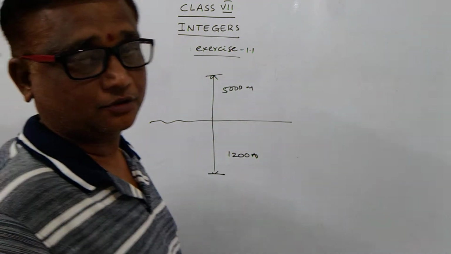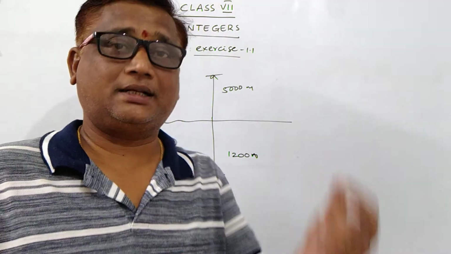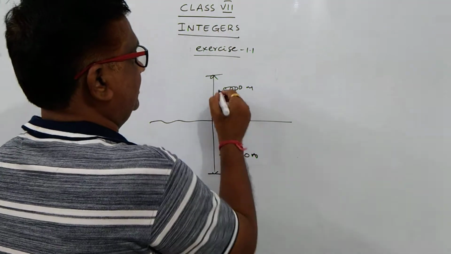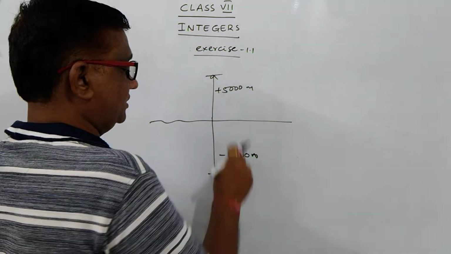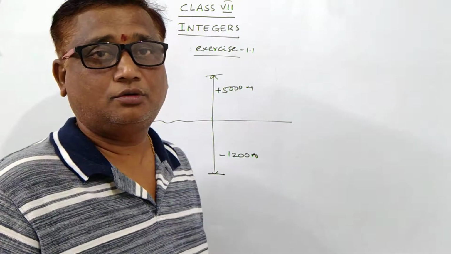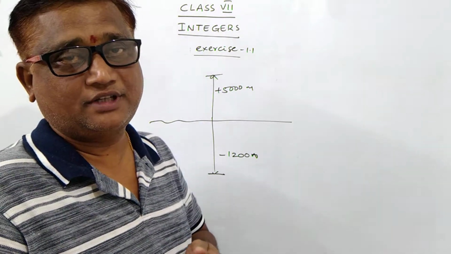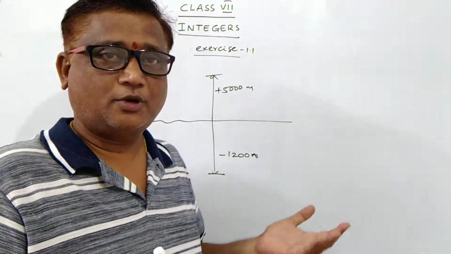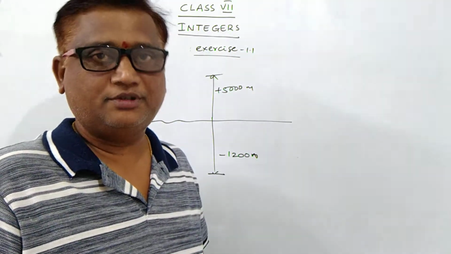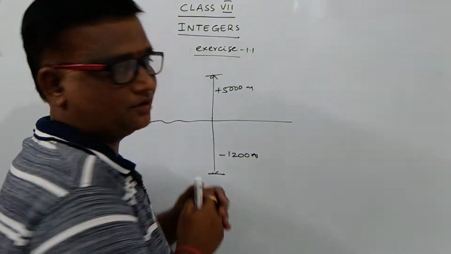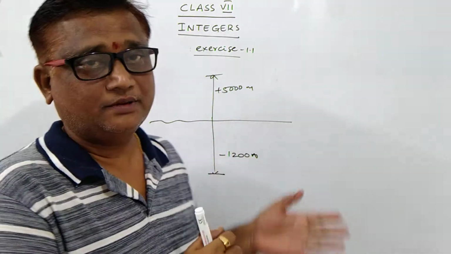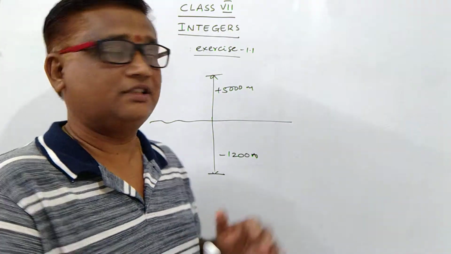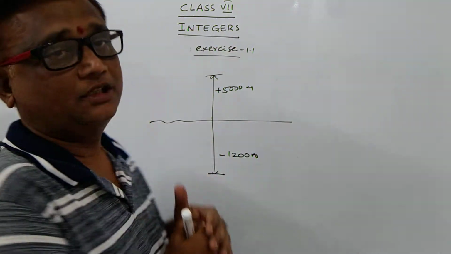Distance is always positive. Sign says that it is a direction, above or below. Suppose if you are taking minus here, plus, some people think that it is subtraction. Don't do like that, because the negative sign says that it is a below direction. Suppose positive means above, below means minus. So this is the direction only. So meters and everything is positive always. So 5000 plus 1200, it is 6200 is the distance between the submarine and aeroplane.